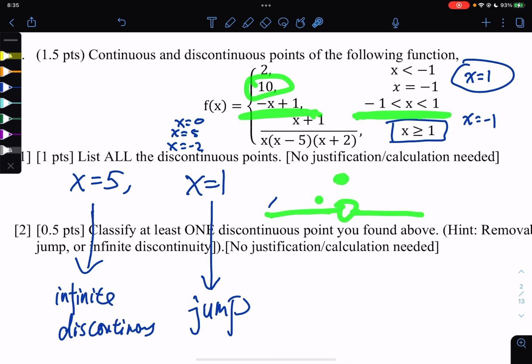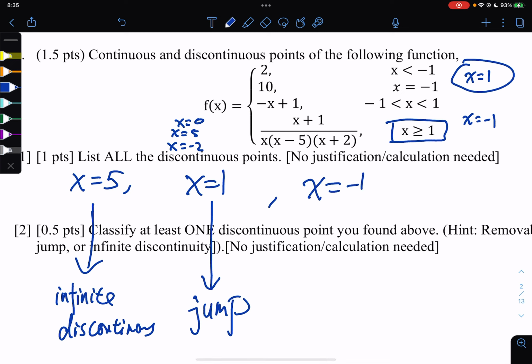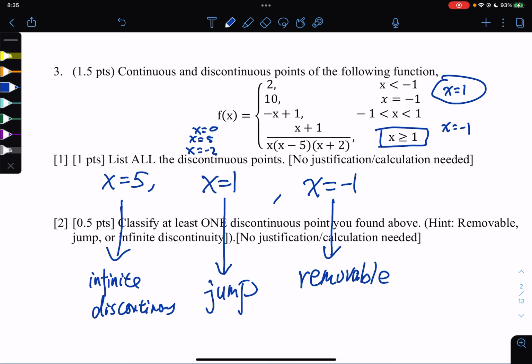So left and right, they're actually approaching the same height too, but the function is at a higher point at that particular piece, which is 10. So it's like continuous, but it has a circle in the middle. So I do have the third one as a discontinuity, but it's a removable discontinuity. You don't have to find all of them. All you need to do is find one of them when you try to classify it,